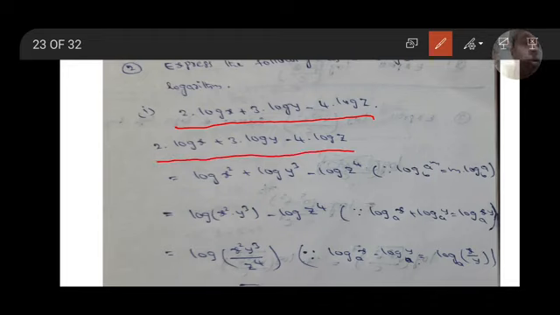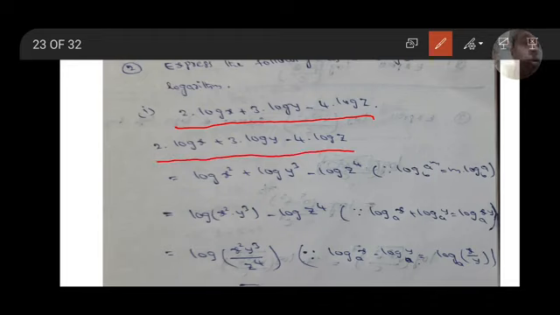What is the property? One minute. Here log of square root of a to the power of 5 into b cube by c whole to the power of 7. First this power 7 will come as 7 into log of square root of a to the power of 5 b cube by c. The property is log x to the power of m to the base a equals m into log x to the base a. Base is not given, so don't bother about base. Base is 10. So this power will come as a coefficient.